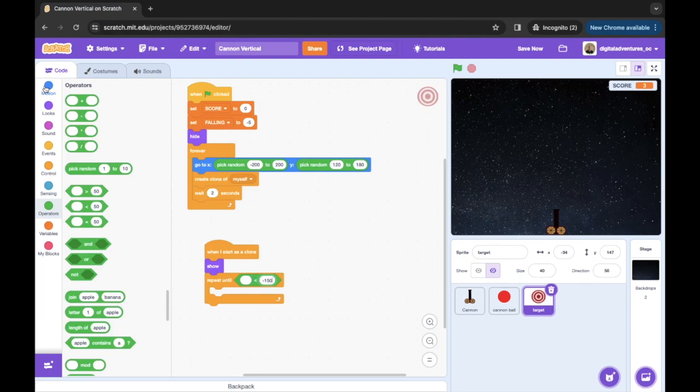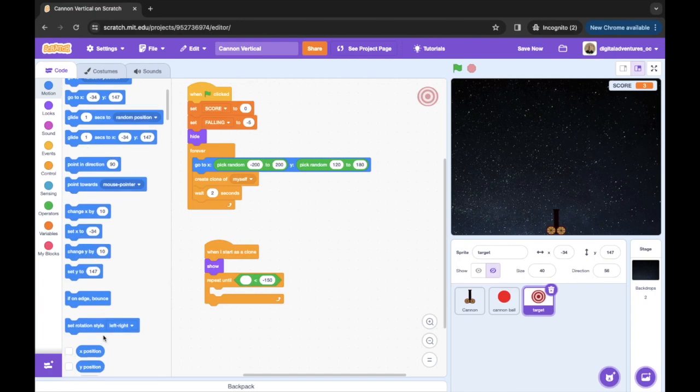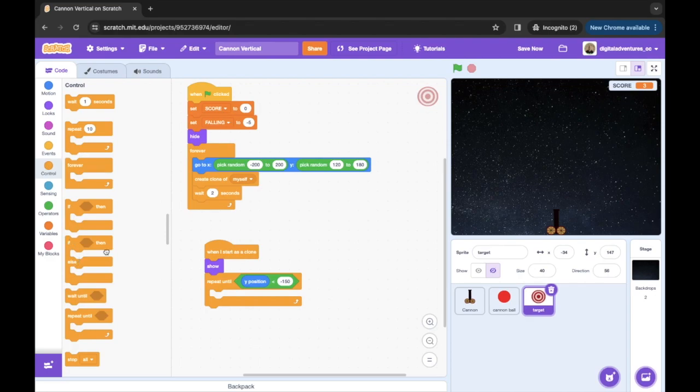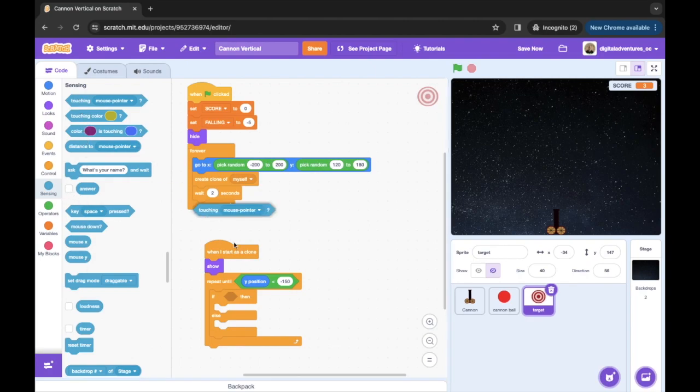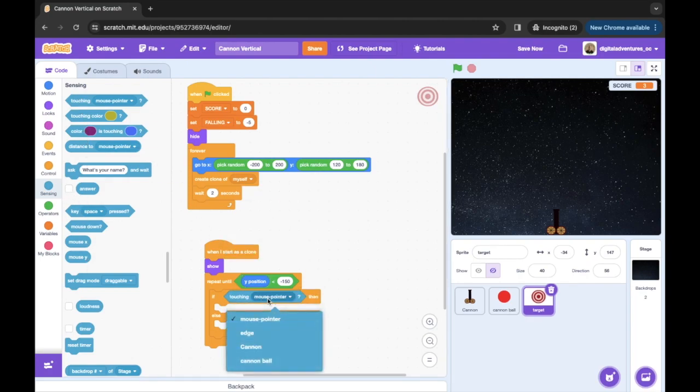So we go into motion, we grab that Y position. We're going to put that right there. And then what we want to do is we're going to get an if then else. So we're going to go back to control. We're going to grab ourselves an if then else. And what we want to be checking for is whether or not we're touching that cannonball. And if we're touching the cannonball,